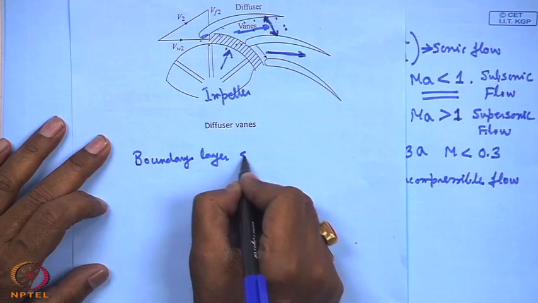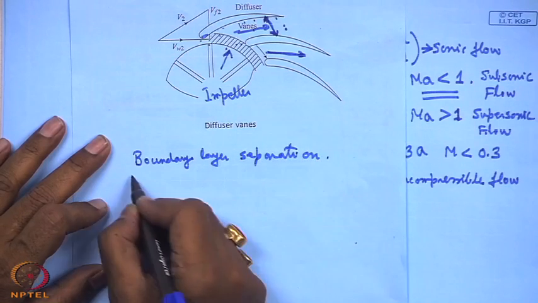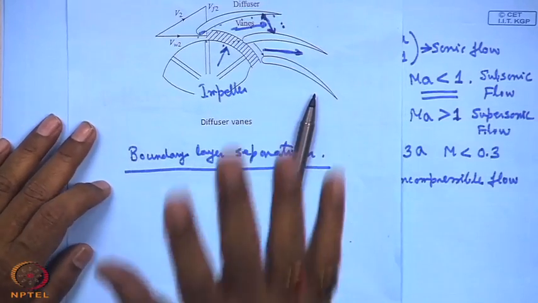Boundary layer separation. Now, let me tell you something about boundary layer separation. You see, when a fluid flows, coming to the basic principle of fluid mechanics, which probably you have learned in fluid mechanics. Again, it is a recapitulation of the earlier things, that when a fluid flows from one